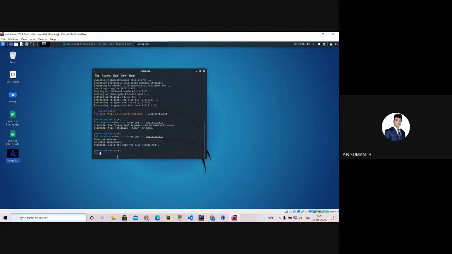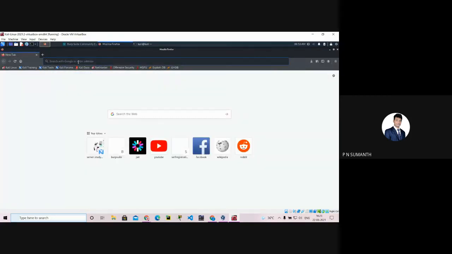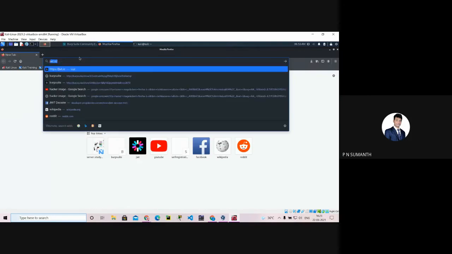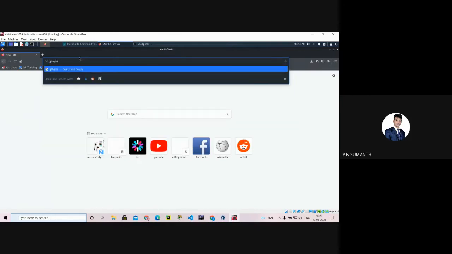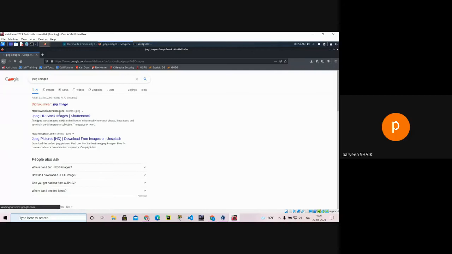Do one thing. Go to Google Chrome, open a browser, and search JPEG image. Sir, are this CF and EF the head and tail of the picture?